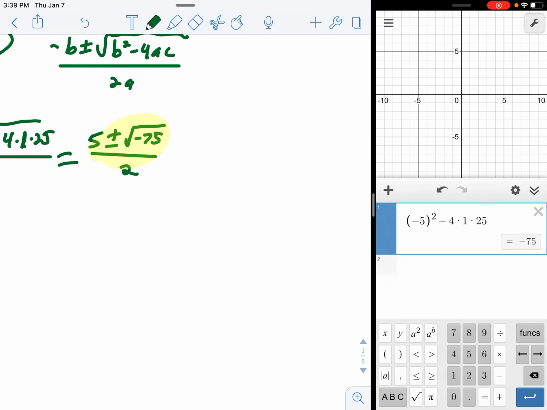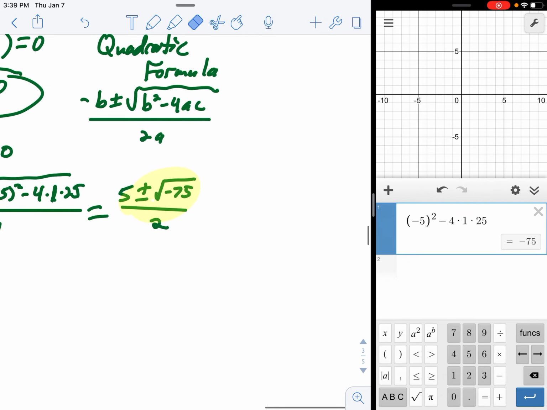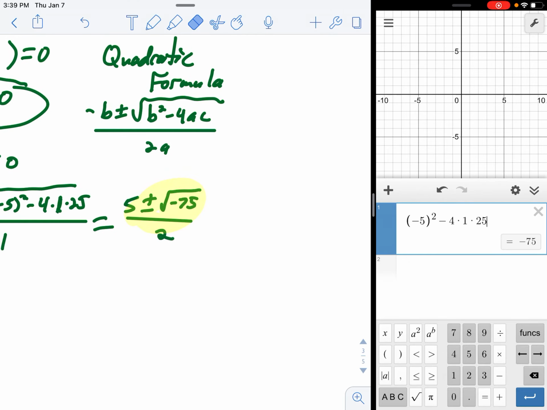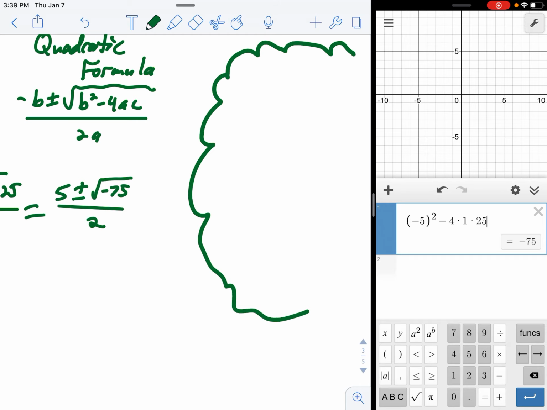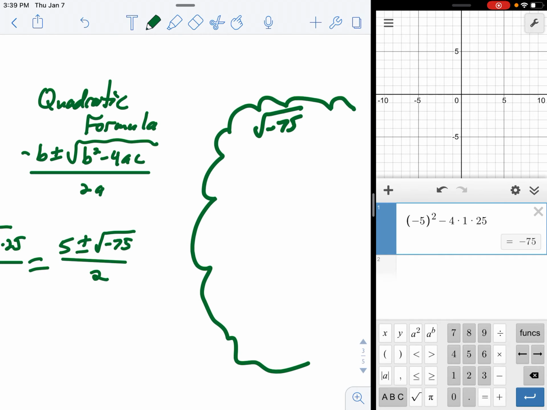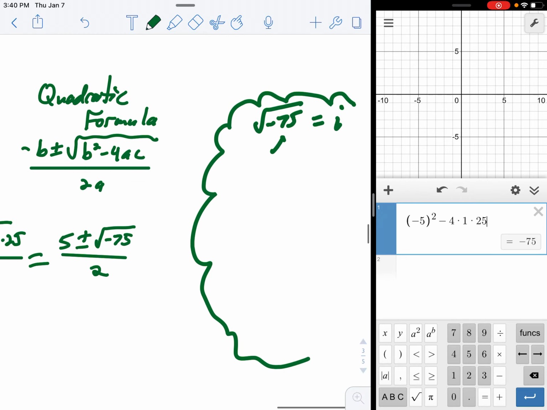All right, the square root of -75 can be simplified. There's a couple things going on there. So here's what I'm going to do. I'm going to do a little thought bubble off to the side here, where I'm going to examine the square root of -75. First of all, when you square root a negative, you're going to get an imaginary answer. So my answer is going to have i in it. It just has to. Secondly, 75 is not a square number, but it does break down into 3 times 25,